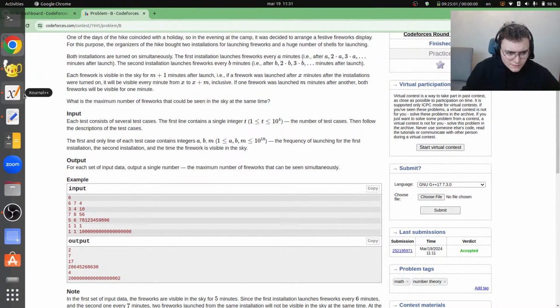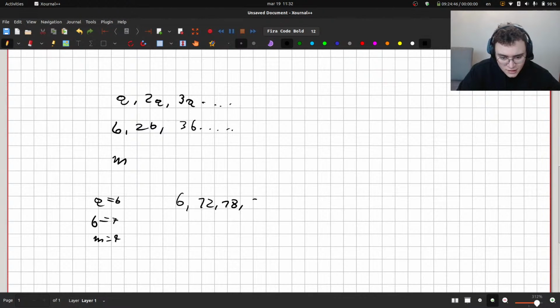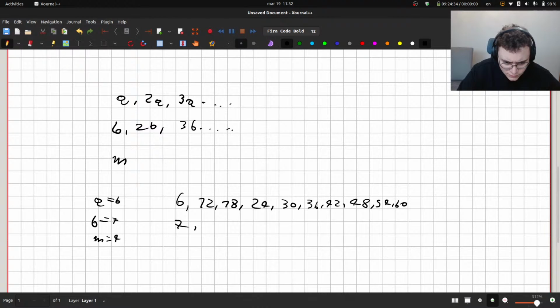So in the first test case, A is equal to 6, B is equal to 7, and M is equal to 4. So that means that we'll launch fireworks from the first shooter at 6, 12, 18, 24, 30, 36, 42, 48, 54, and 60. I think that will be enough. And from this one,